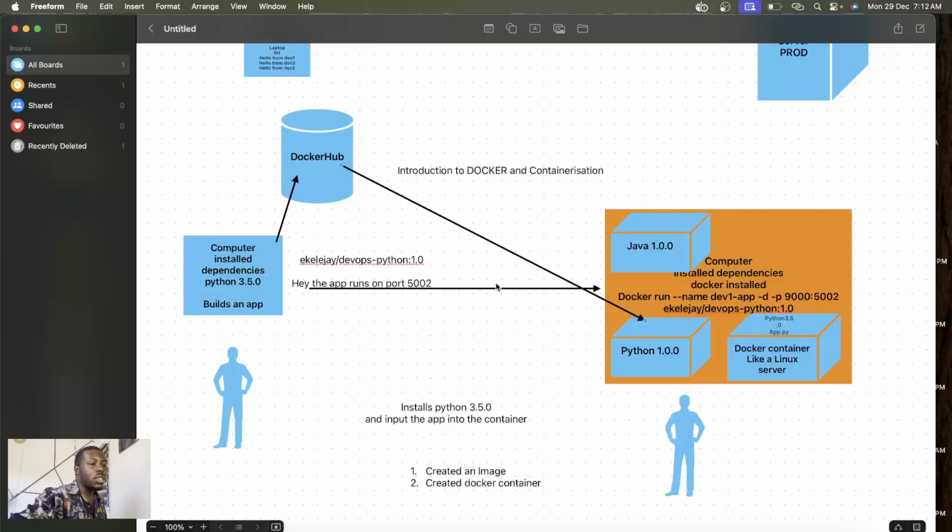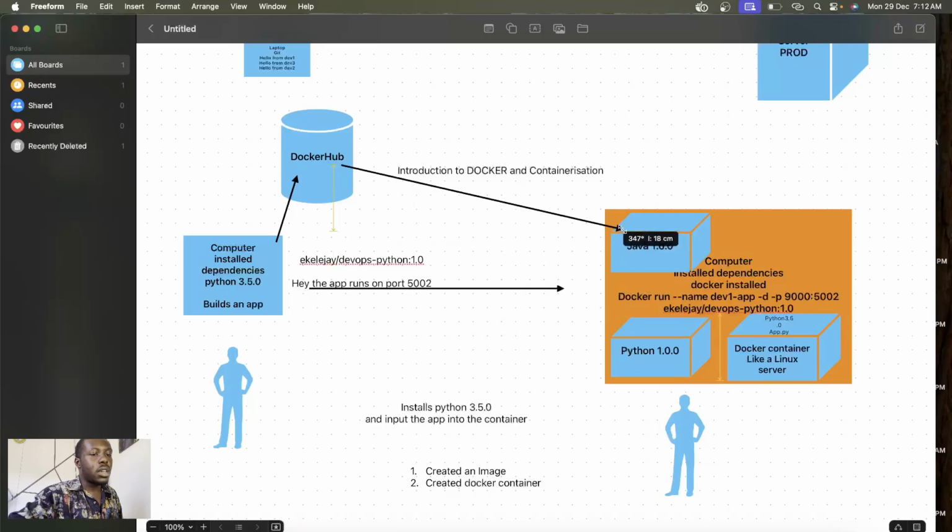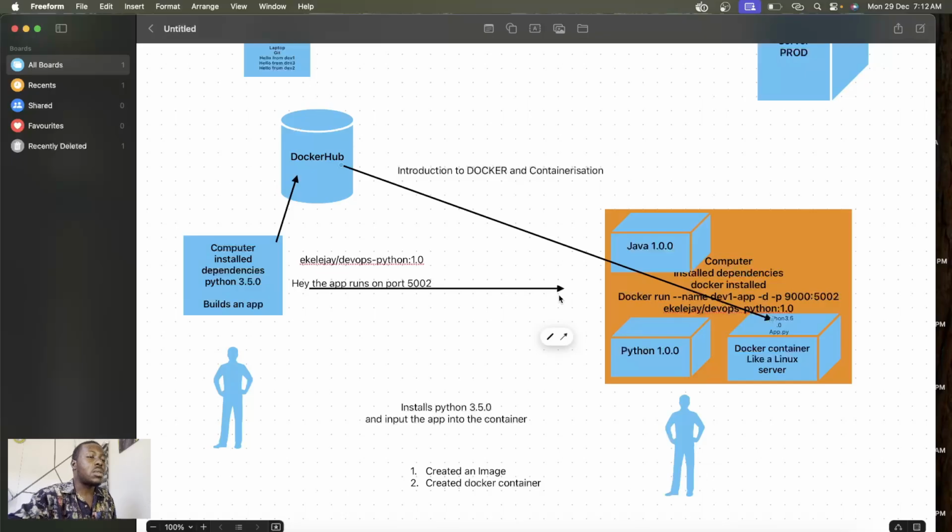So this is what it will do. It will now pull the image and create a Docker container out of it.